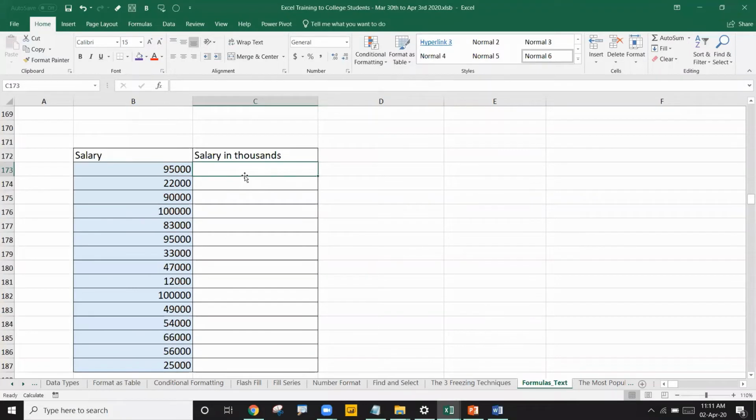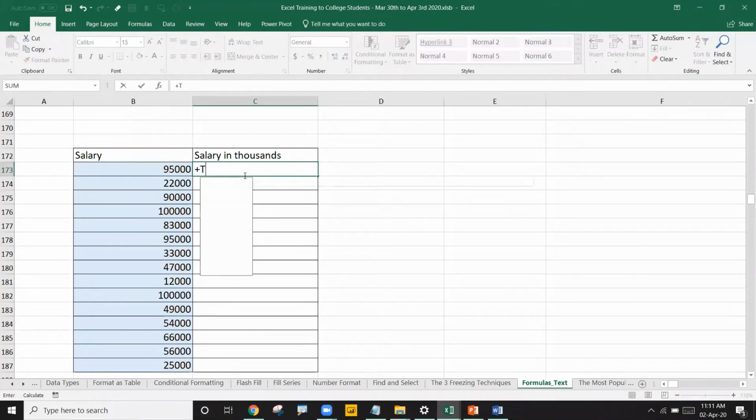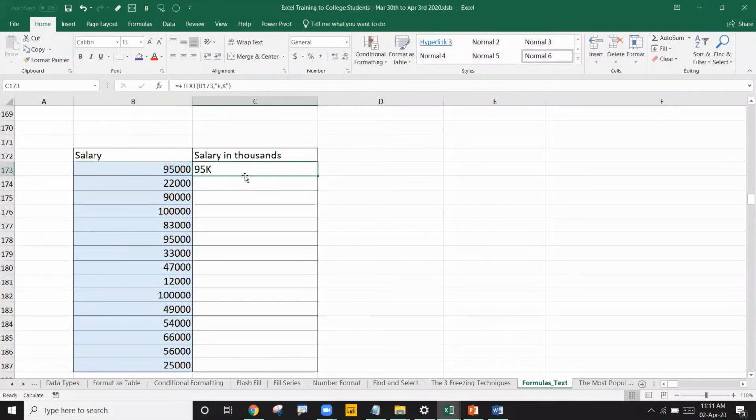When people talk about salary, they say 90K, 100K. So that's what we want, in the same format. In this case, write the TEXT formula, refer to this value, comma, in the format place write hash, comma, K. Double quotes close, bracket close, and enter. You see, 95,000 is showing as 95K. Drag it down, and you see all these outputs.